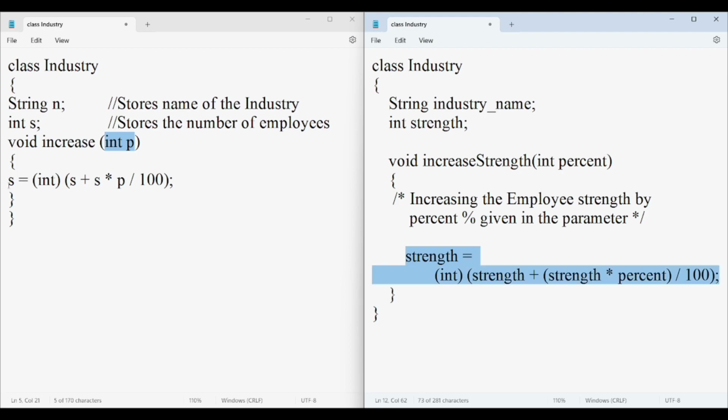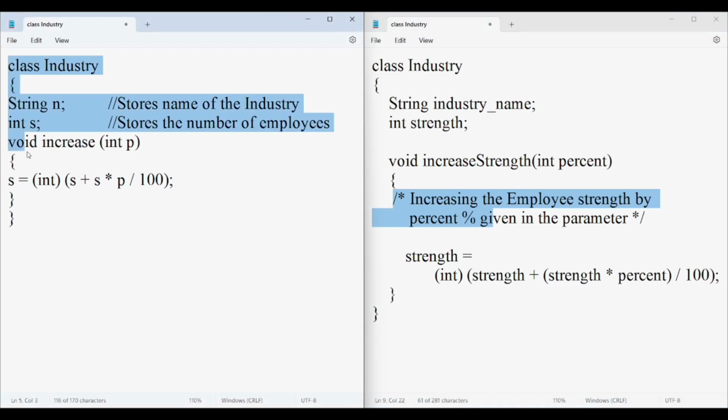And again, the logic you have written on the left hand side may not be clear, but on the right hand side we have taken significant variables, so it can be easily understood that strength is added with the strength multiplied by percentage and then divided by 100. So it is including all the three requirements. One is the significant naming, second is writing proper comments, and the third one is proper indentation. In the left hand side program you can see that we haven't used proper